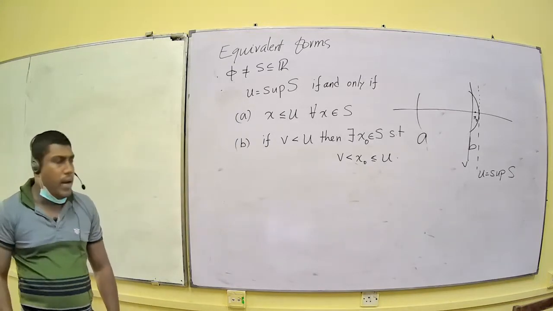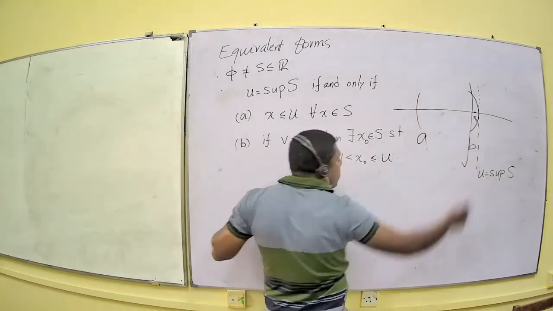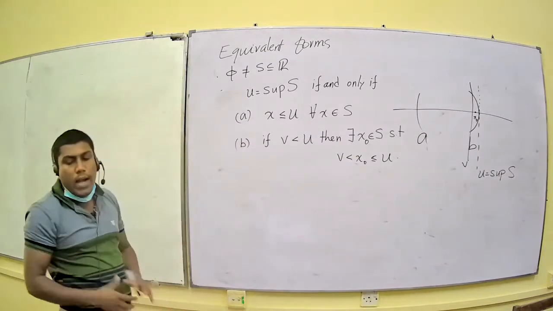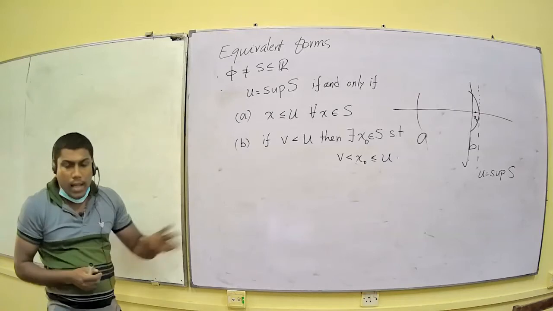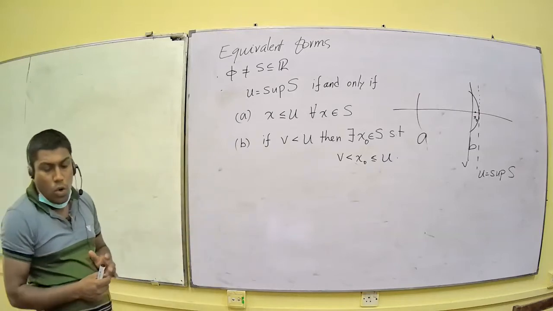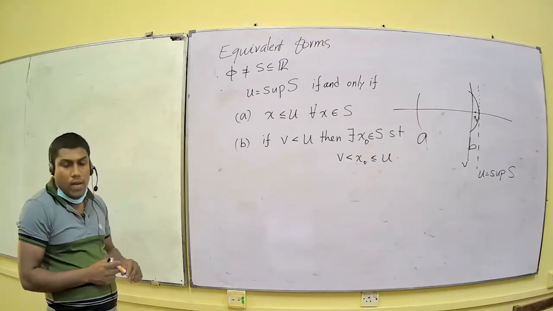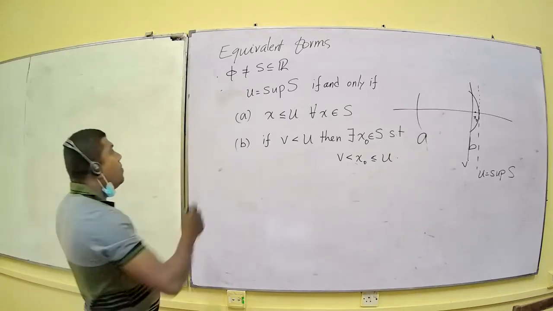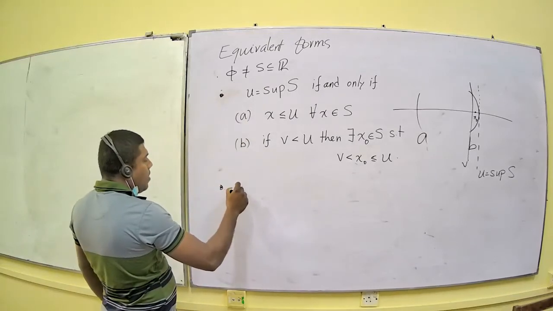So if you go a little down from the supremum, you can see at least one element jumps in between the supremum and the line you draw below. So that's how alternatively we define supremum. Similarly, you can define